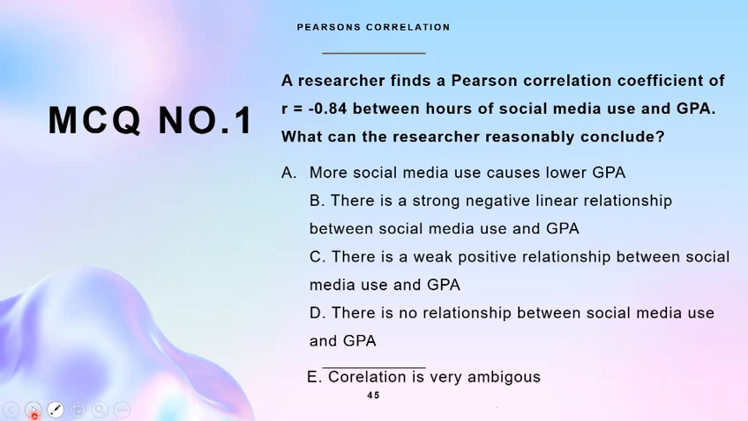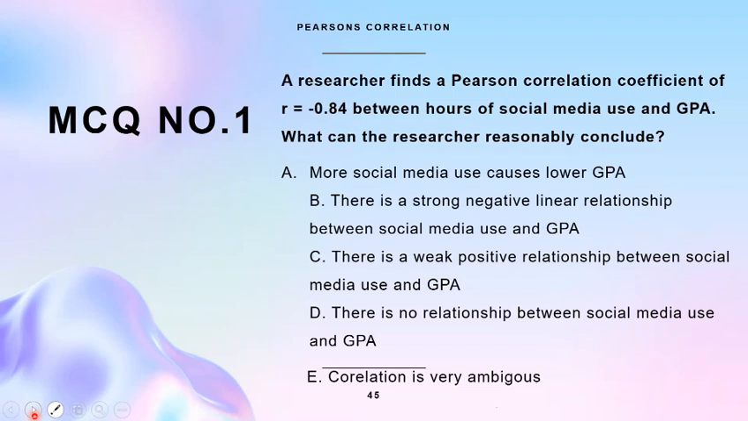Options: A, more social media use causes lower GPA. B, there is a strong negative linear relationship between social media use and GPA. C, there is a weak positive relationship between social media use and GPA. D, there is no relationship between social media use and GPA, and the correlation is very ambiguous. So what could be the answer? Yeah, the answer is B. There is a strong